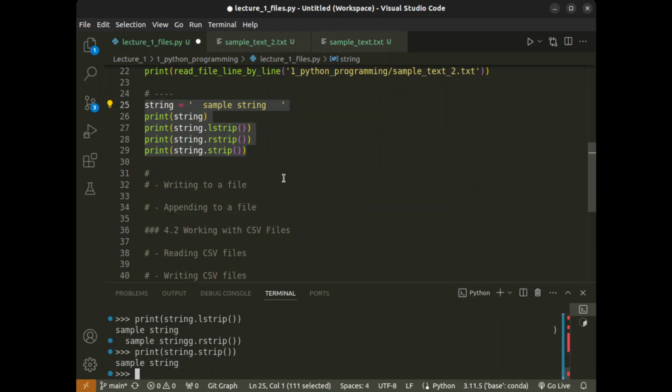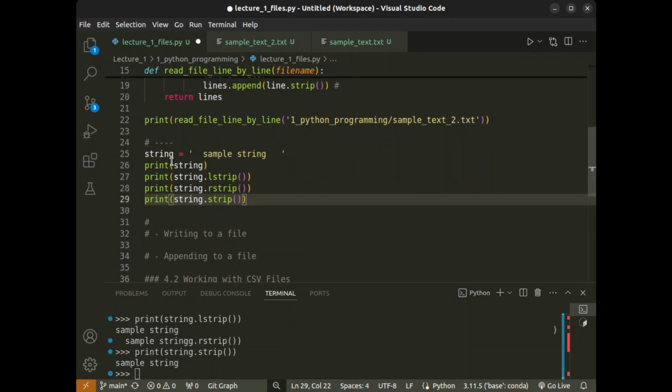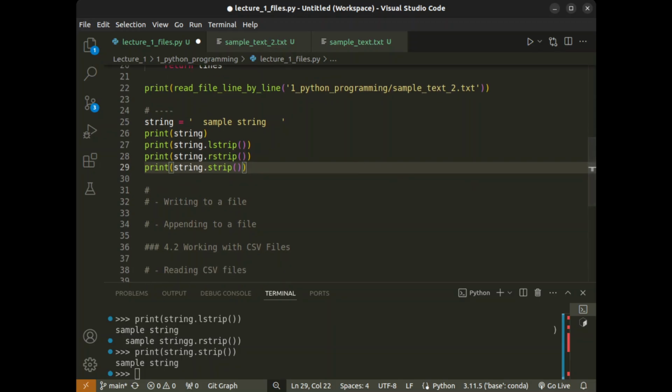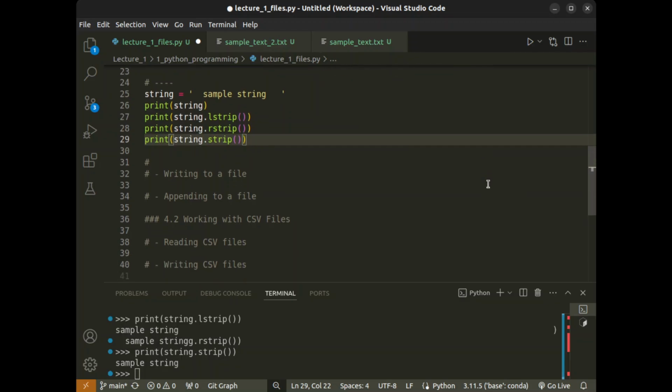So they're kind of useful methods that you can apply to a string to clean things up when you're reading text, because text is not always coming in a clean and formatted way. All right, so